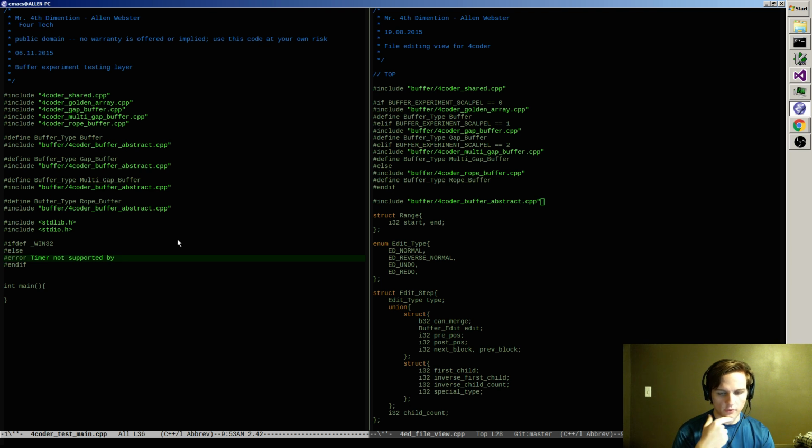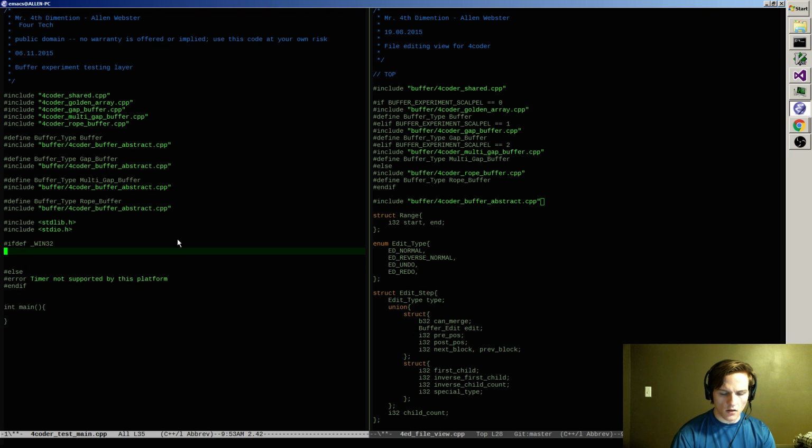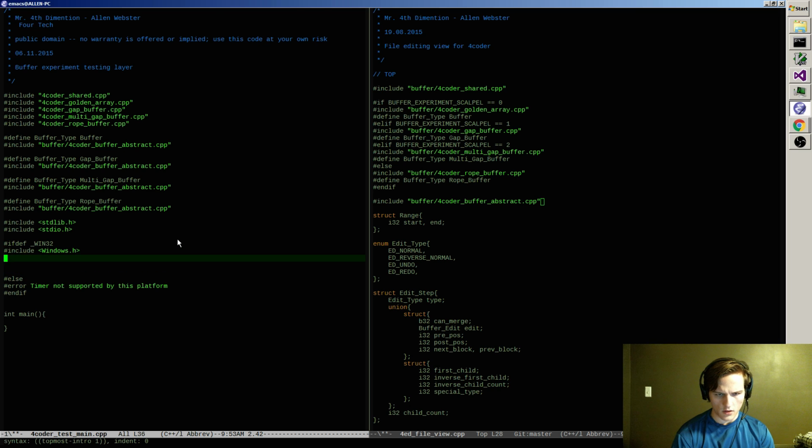Timer not supported by platform. Alright, so now we just need a platform. Well, we need a windows.h. We need a nice way to measure time, so I'll probably do a typedef there, so I can get like a long.